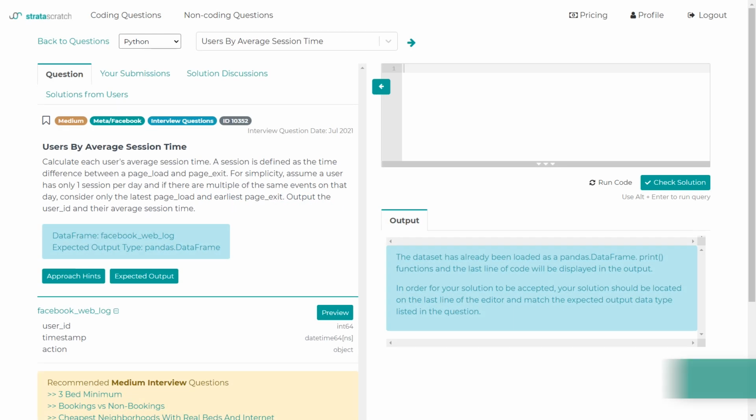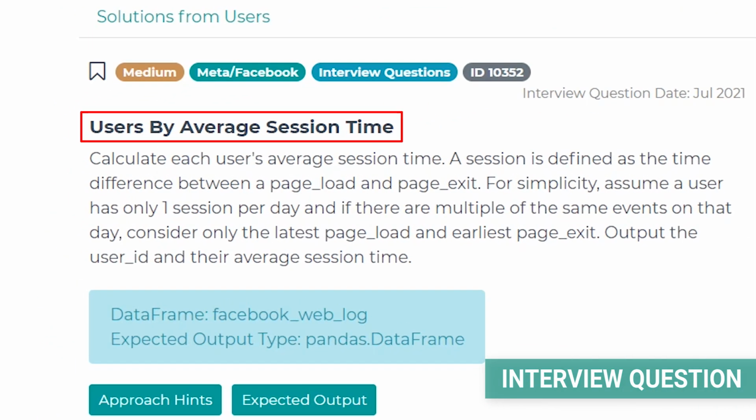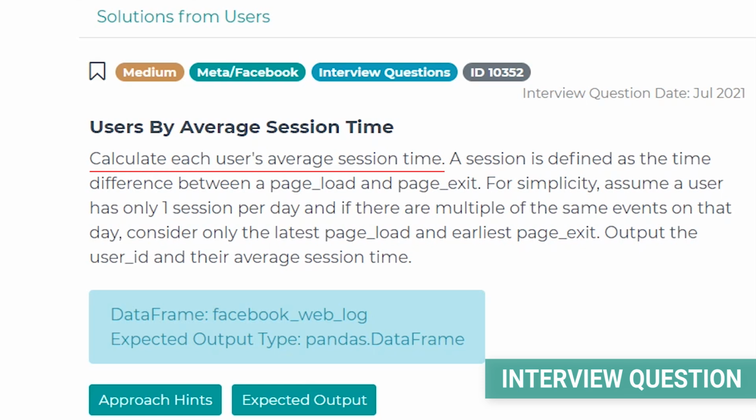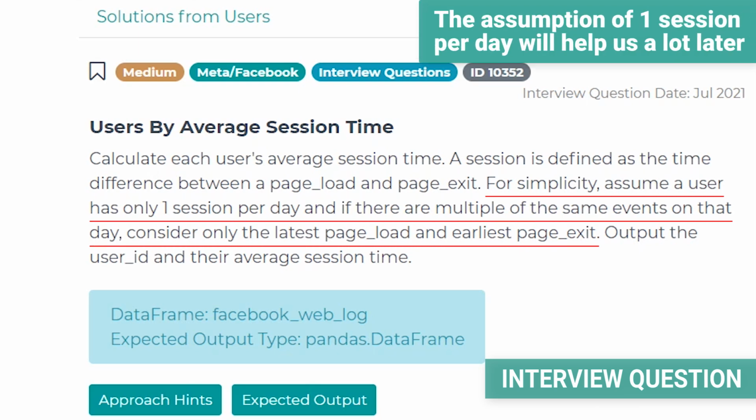This is a really interesting question that is frequently asked at Meta data science interviews. The title of this question is Users by Average Session Time, and we are being asked to calculate each user's average session time. It is said that a session is defined as a time difference between a page load and a page exit. For simplicity, we can assume that a user has only one session per day, and if there are multiple of the same events on that day, we should consider only the latest page load and the earliest